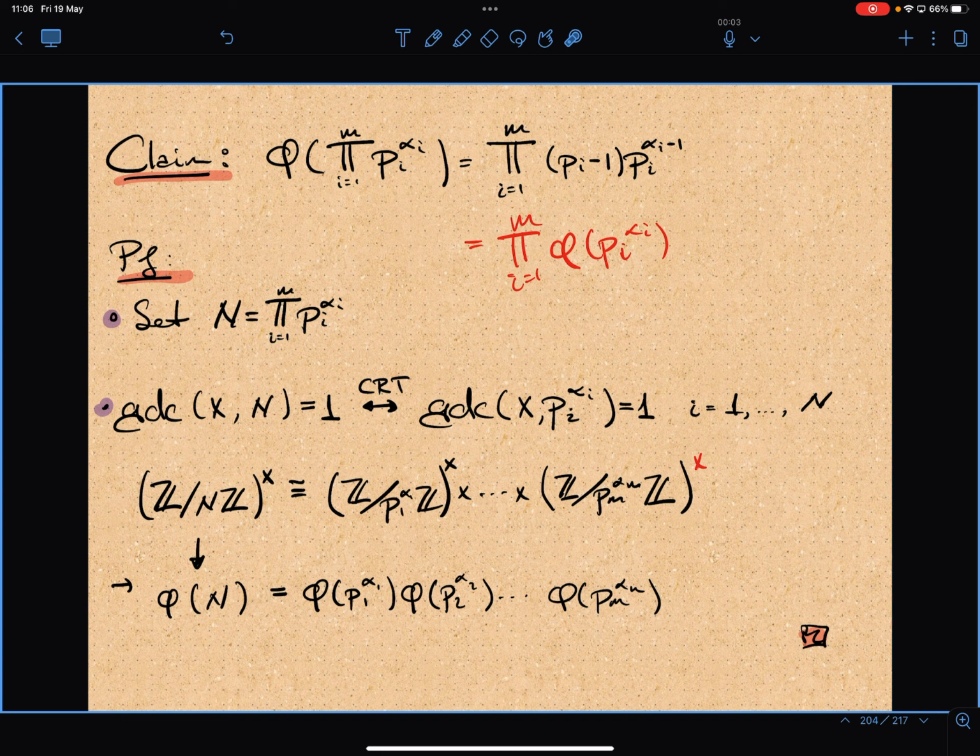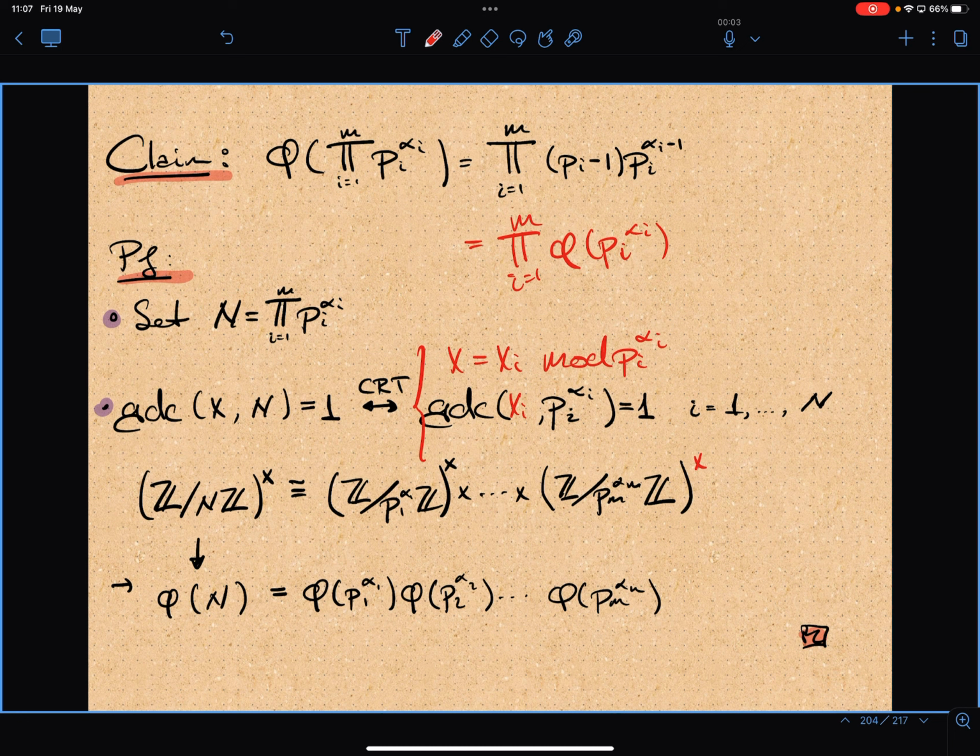And my argument here is that by the Chinese remainder theorem, the GCD of x with n being equal to 1 is equivalent to the GCD of xi with p_i^alpha_i being 1, with x equal to xi mod p_i^alpha_i. So these are going to be equivalent statements,